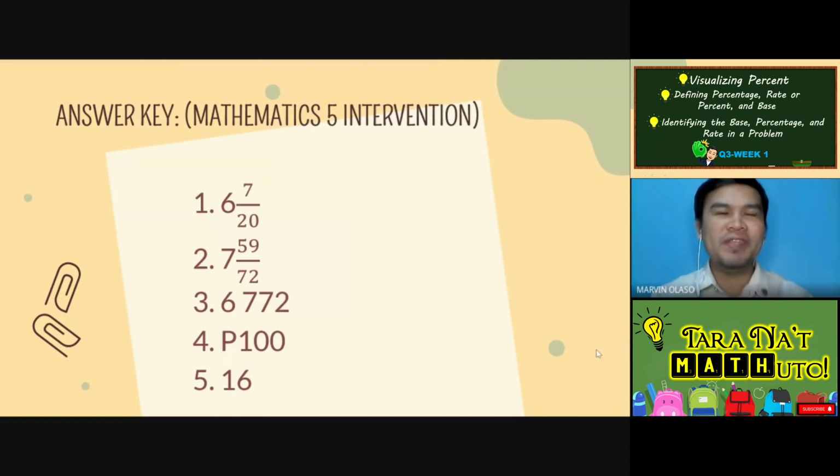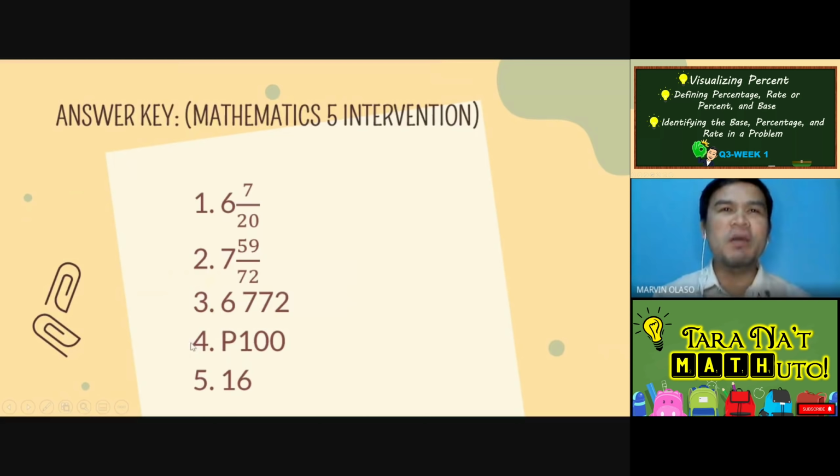For number 1, addition of mixed fractions, the answer is 6 and 7 over 20. For number 2, subtraction of mixed fractions with regrouping. So the answer is 7 and 59 over 72. For number 3, addition and subtraction of whole numbers. So the answer is